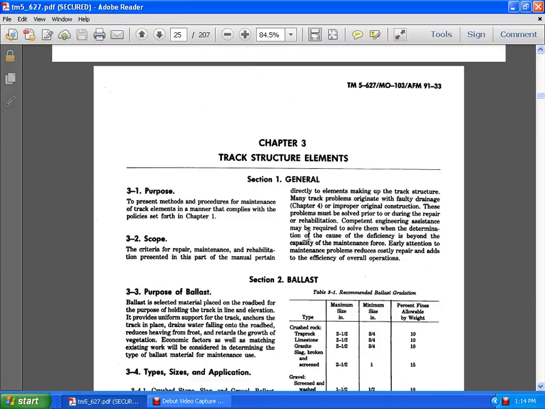Chapter 3, Track Structure Elements. 3.1 Present method: procedures of maintenance of track elements in a manner that complies with the policy set forth in Chapter 1. 3.2 The criteria for repair, maintenance, and rehabilitation presented in this part of the manual may pertain directly to the elements